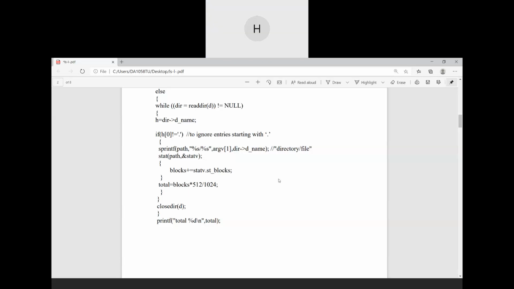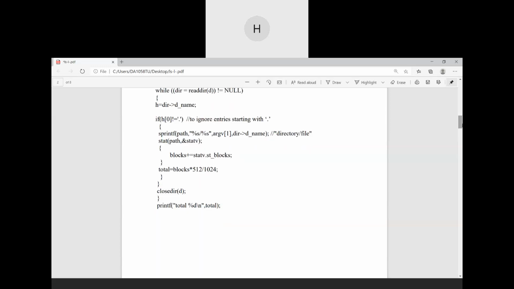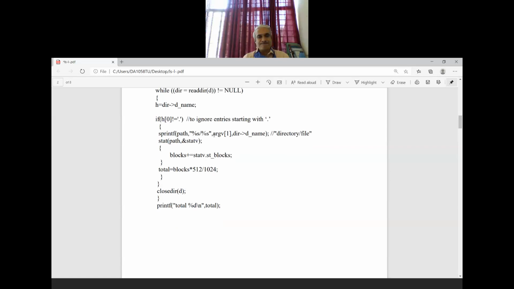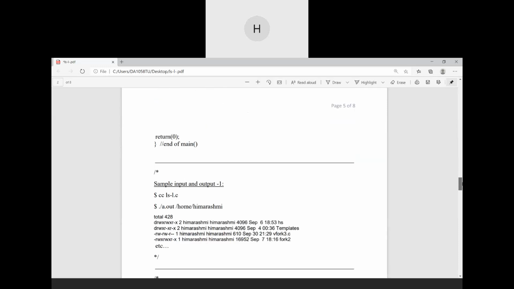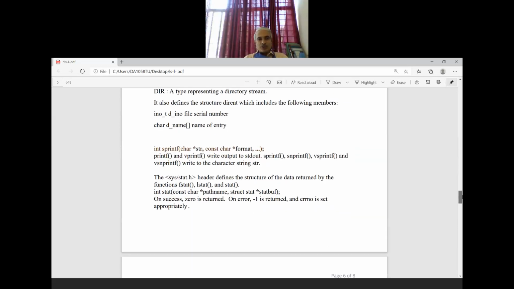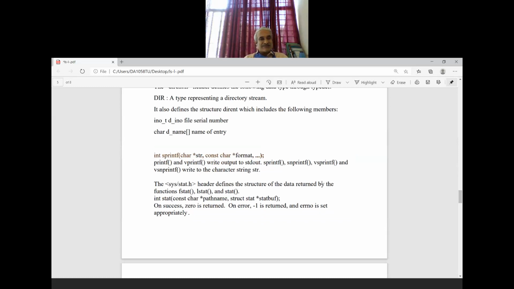I had referred to this program on Stack Overflow. There I got this function sprintf. I got to learn this for the first time. What is the purpose of that? Sir, printf is for the standard output, and sprintf will store the string in the character string which we will give here. It will print the output into the string which is being passed as a parameter.